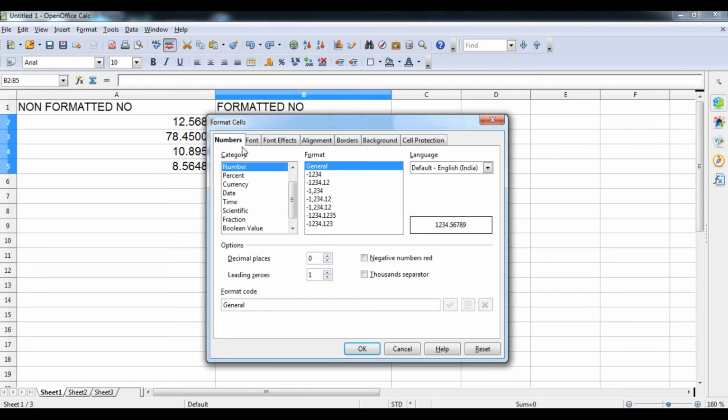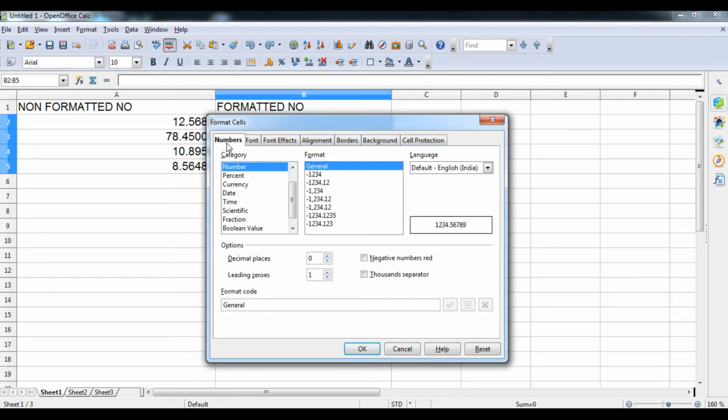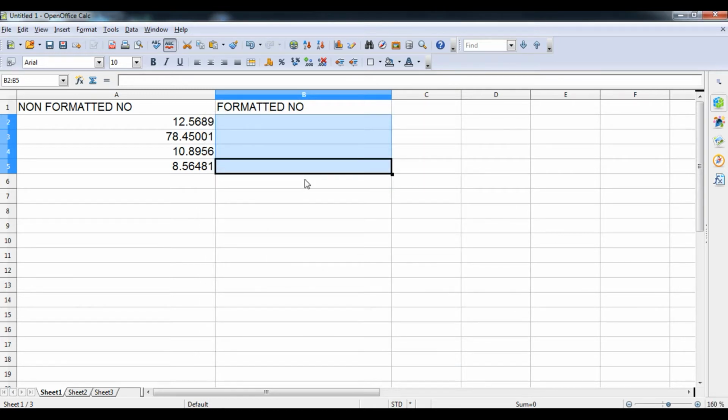Here you can see the Number tab, font effects, alignment, borders, background, and cell protection. We are talking about Number, so be sure Number is selected. Here you can provide the decimal places. By default the decimal place is 0, so you restrict the computer to provide decimals up to 2 digits only. Format cells like this and press OK.